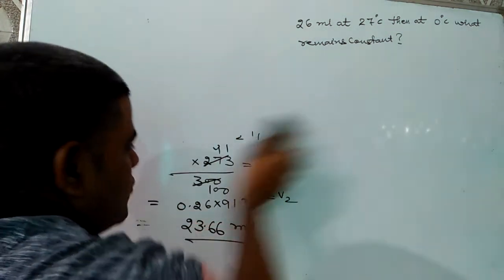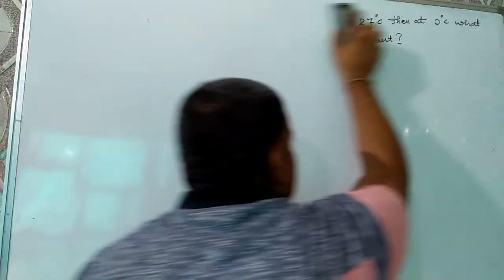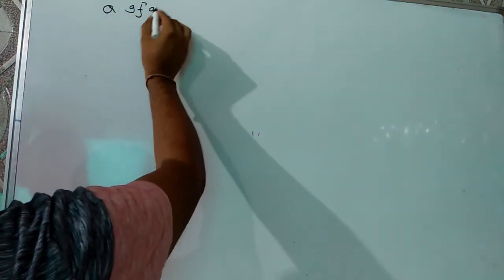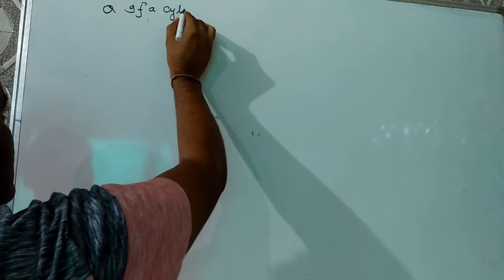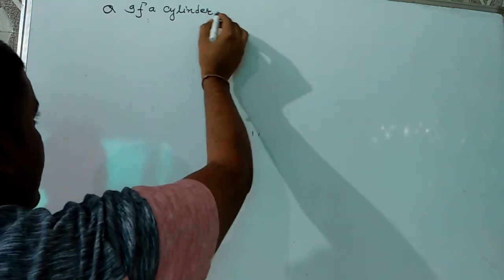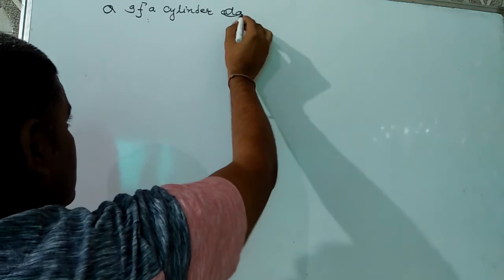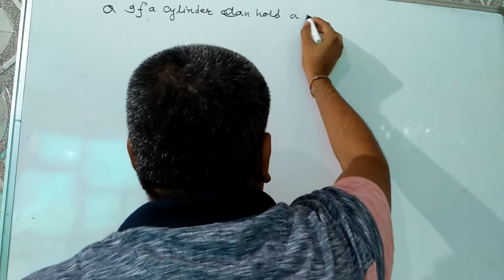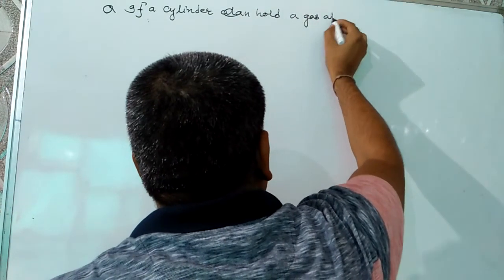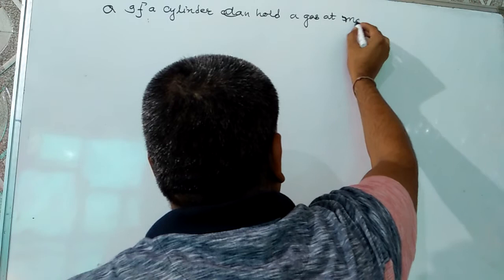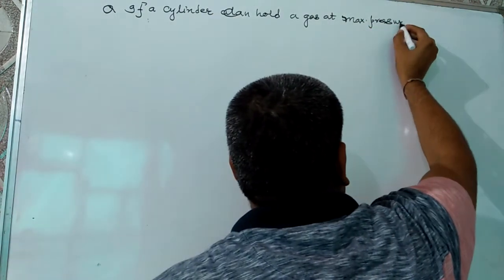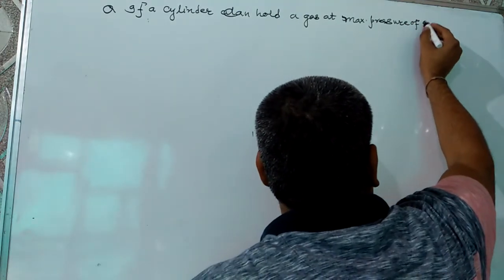Now I am doing the numericals of Gay-Lussac's law. That is a very important topic. The question is: if a cylinder can hold a gas at a maximum pressure of 5 atmosphere,